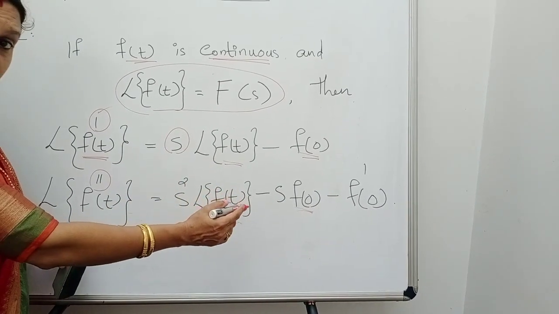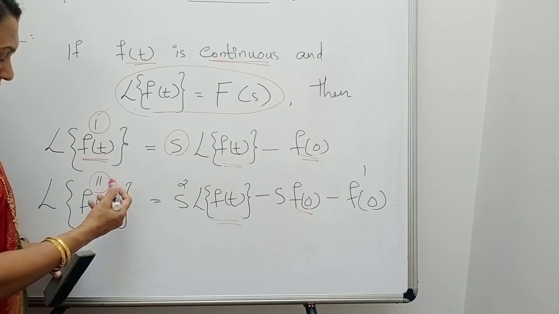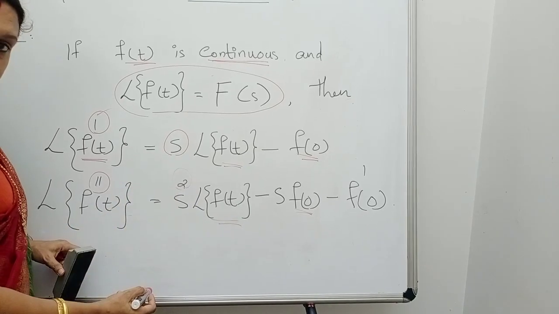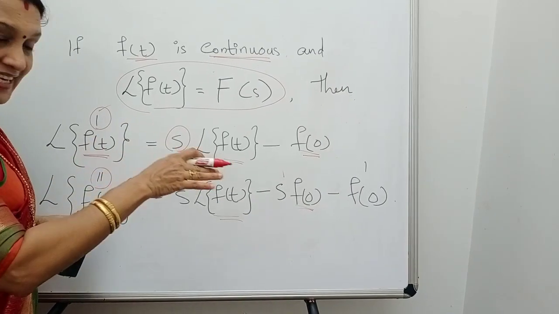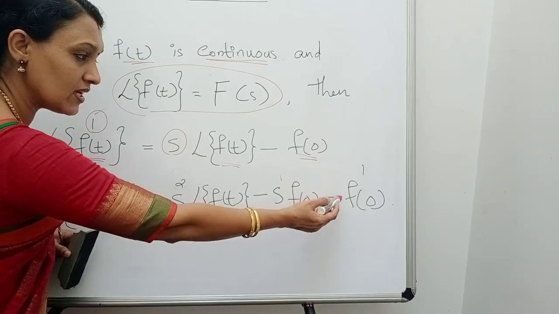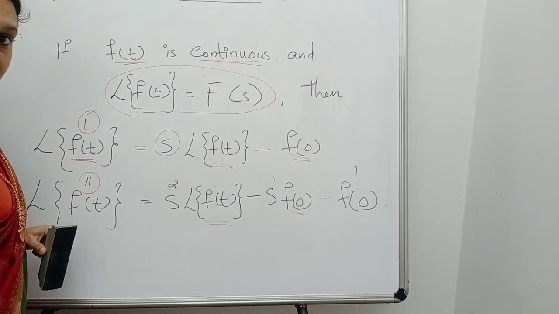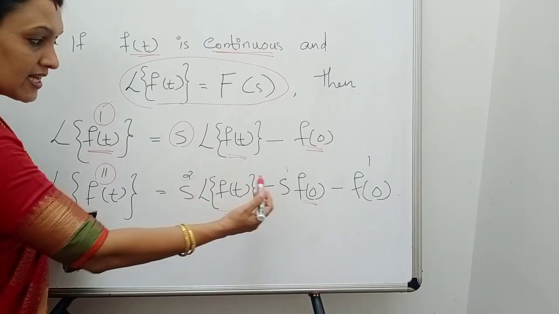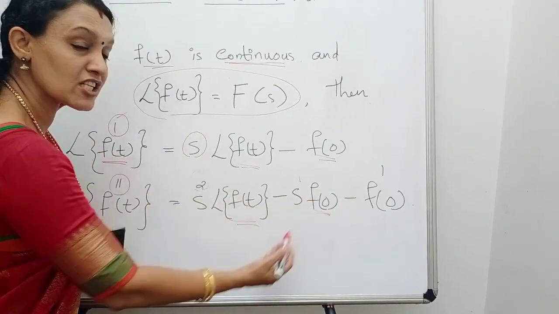Laplace of the derivatives. Okay. Now how are we arranging the coefficient? Let us examine that. If it is double dash, I told you we have to start with s square. Okay. Now look at the next coefficient. It is s raised to 1, right? In descending order, you have to arrange the powers of s, right? And now look at the last term. It is actually s raised to 0, that is 1. So the first term, coefficient is s square. Second term, whose coefficient is s raised to 1, and the third term s raised to 0.